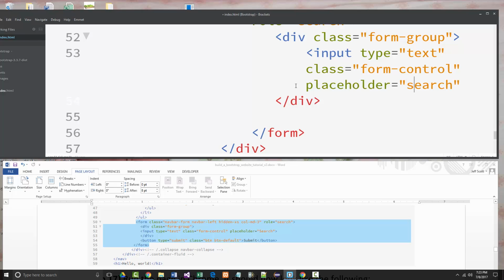I guess we want a capital S on there. And underneath that div, which is my class of form-group,